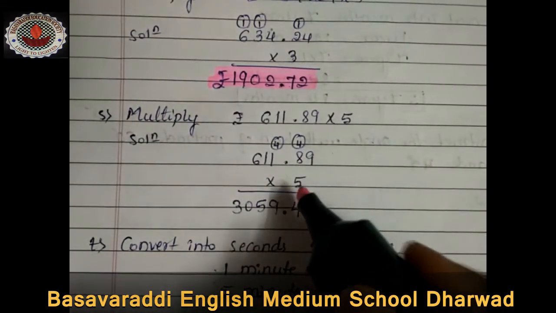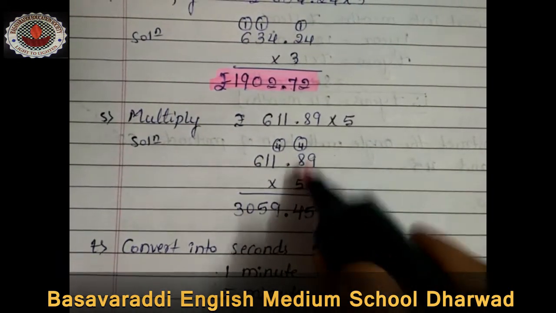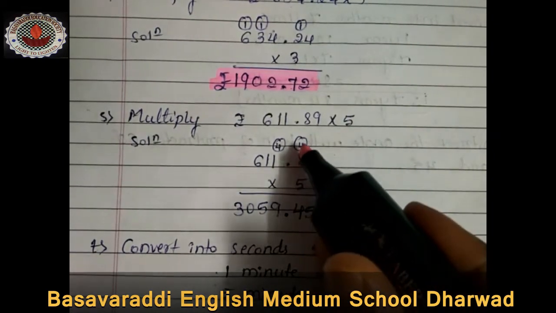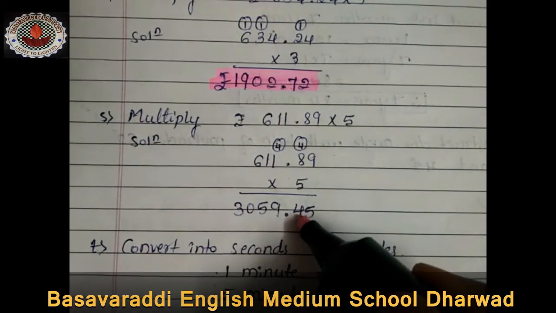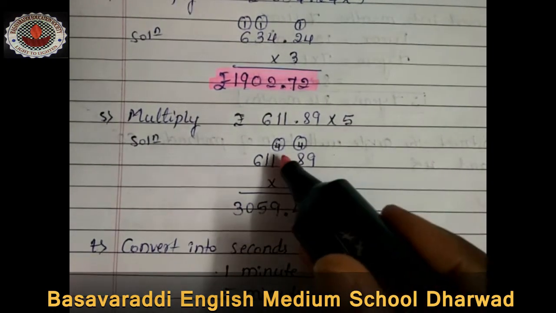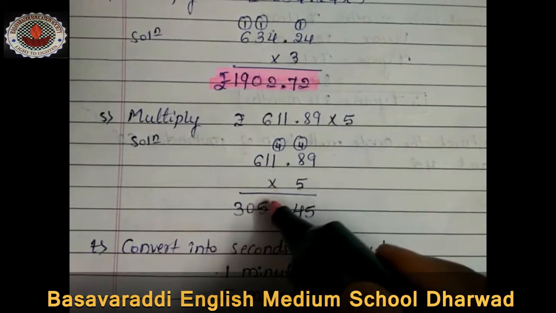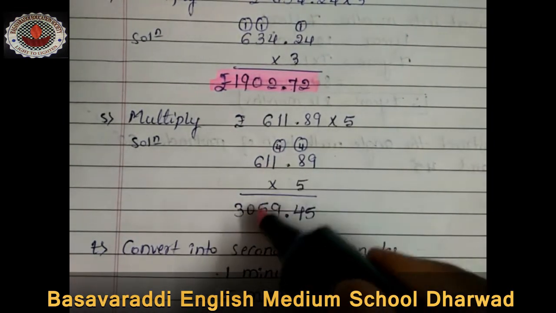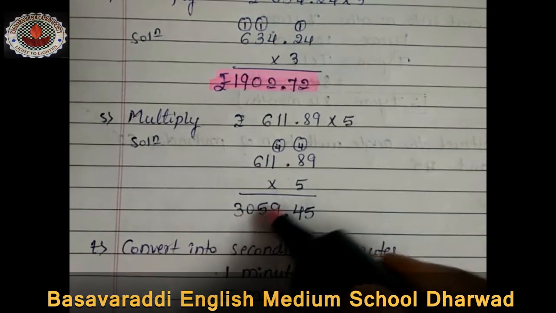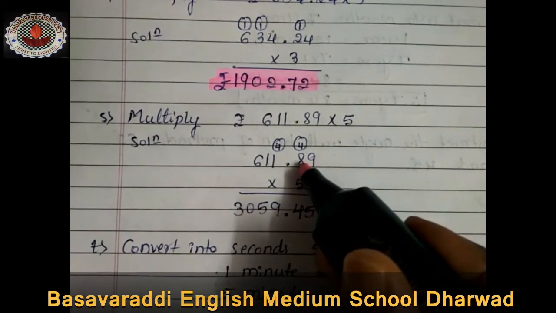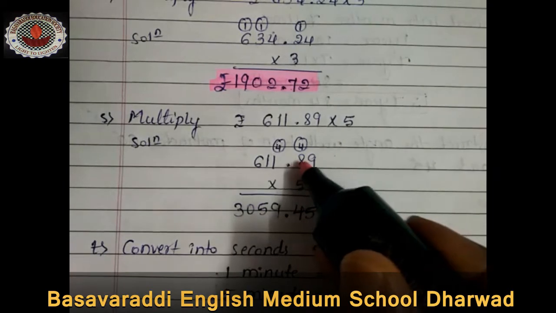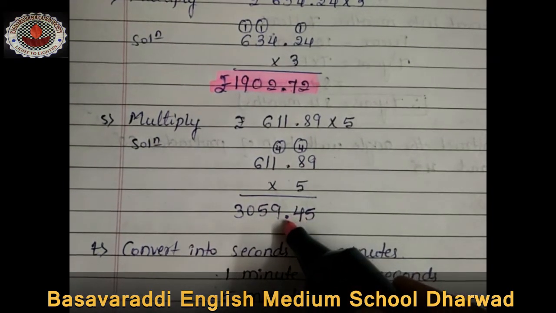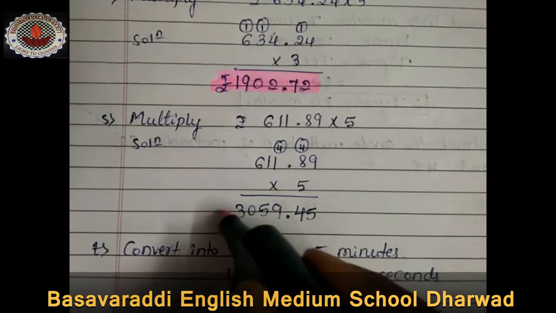So do the multiplication. 5 9s are 45. 5 is here, 4 carried over. 8 5s are 40. 40 plus 4 is 44. 4 write in the tens place. Next 4 carried over to the next place. 5 1s are 5. 5 plus 4 is 9. 5 1s are 5. 5 6s are 30. So how many digits after the decimal point? There are 2. So just leave the 2 places, then insert the decimal point.